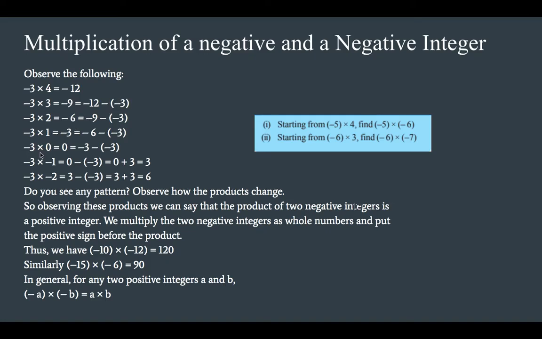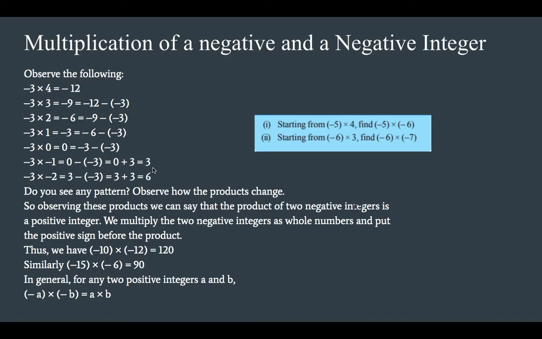Okay, so when you write negative 3 into 0, you get 0. That you can write as negative 3 minus negative 3. Now, if you see this pattern for yourself, this is nothing but negative 12 plus 3, negative 9 plus 3, negative 6 plus 3, negative 3 plus 3. So negative 3 into negative 1 will be how much? Now this is getting decreased by an amount of 3, and this remains common. So the next number after negative 3 will come out to be 0. 0 minus negative 3, so this is 0 plus 3 equal to 3.